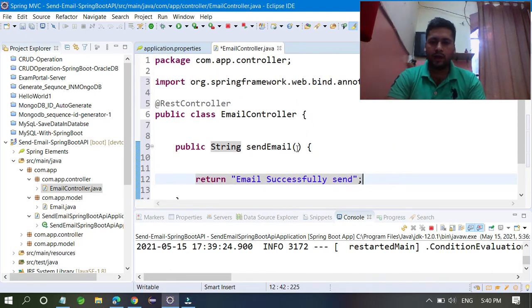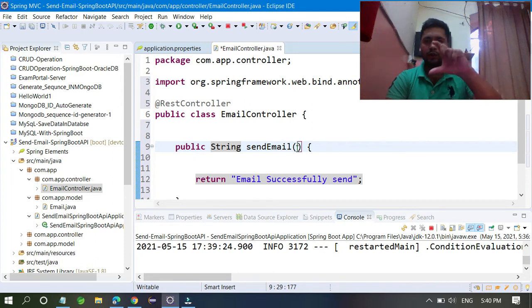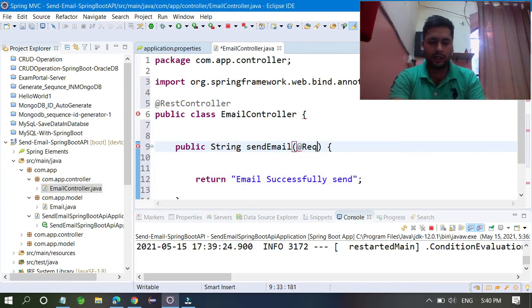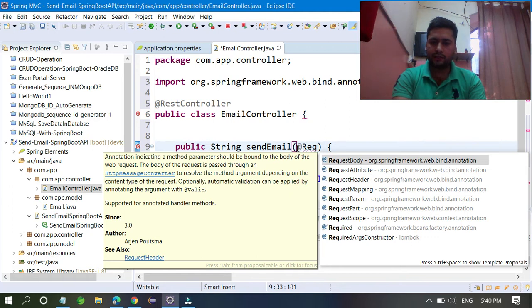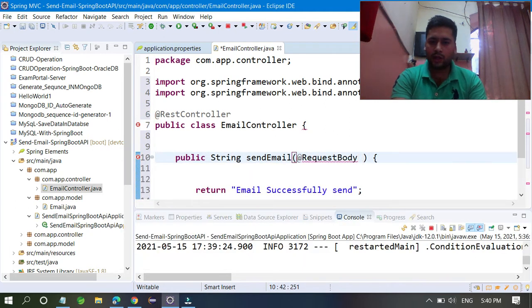And you want one email ID from the user side. You can take it through Postman, or through a client side form, which you can develop with HTML, React or Angular, anything. Use @RequestBody, so inside the request body you can take one object as an email.